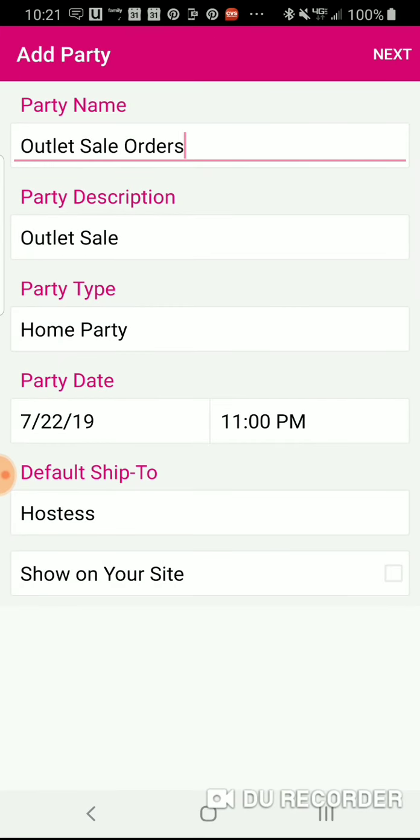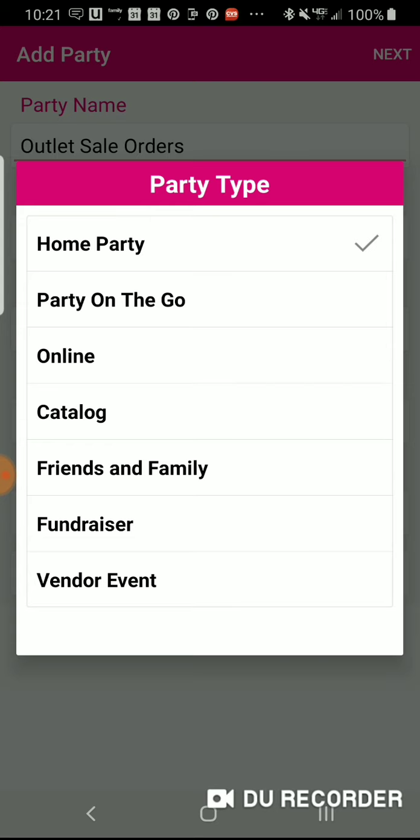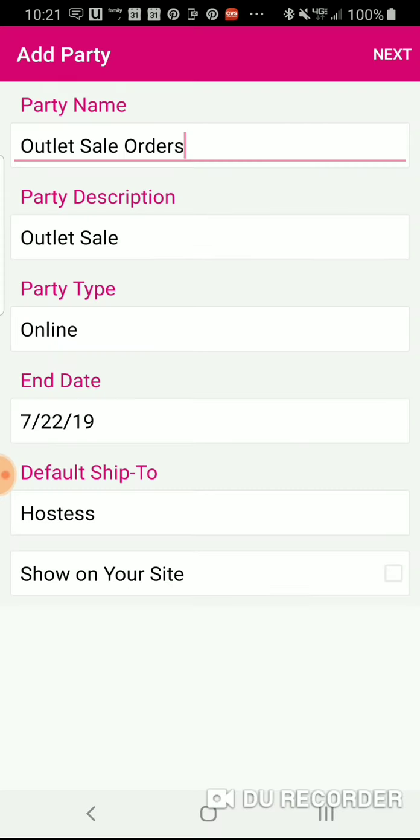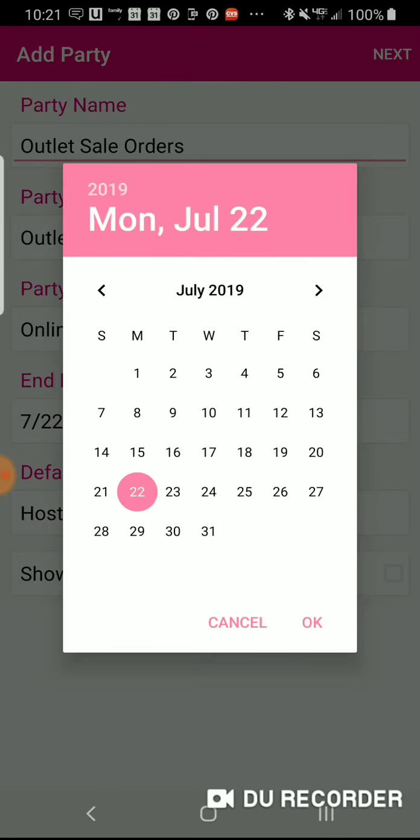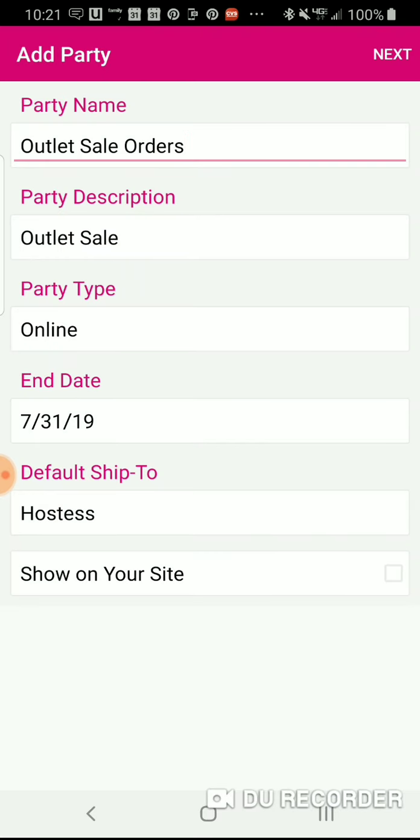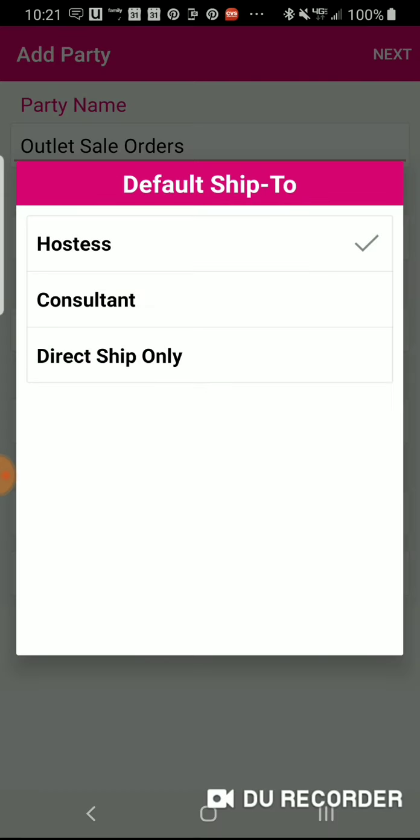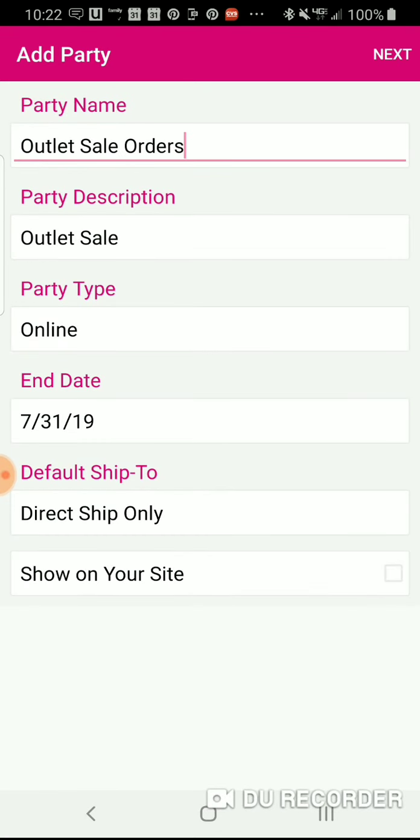and put it done. Party type is online party. The end date I would put as the 31st. And default ship to. This is where you want to select that, and you want to do direct ship only,